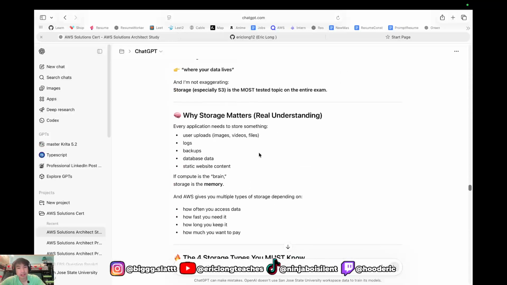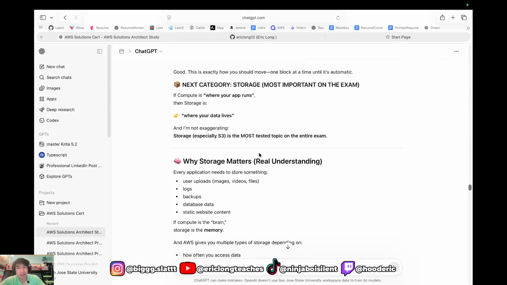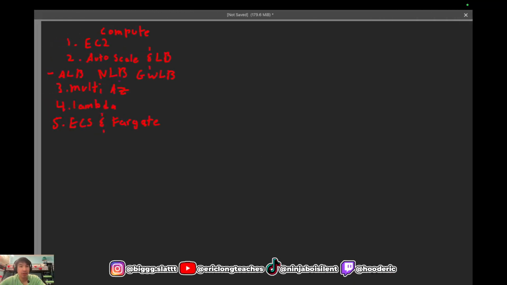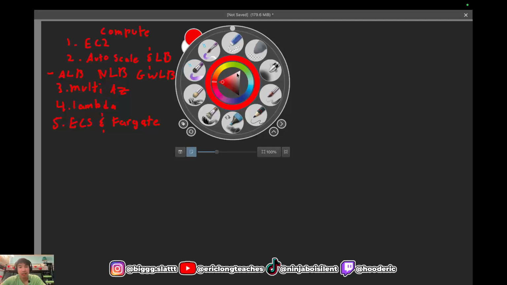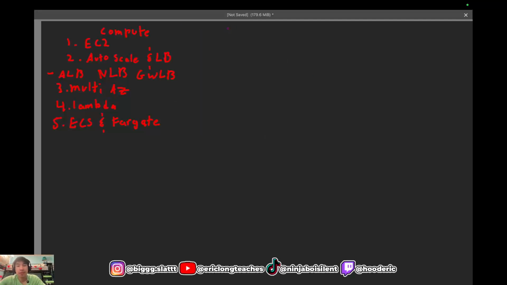Okay, and on to the next part, storage. Let's go ahead and get a different color. I guess we'll pick yellow. So storage is next. I think the first one will be S3. I think number two would be RDS. Number 3 would be